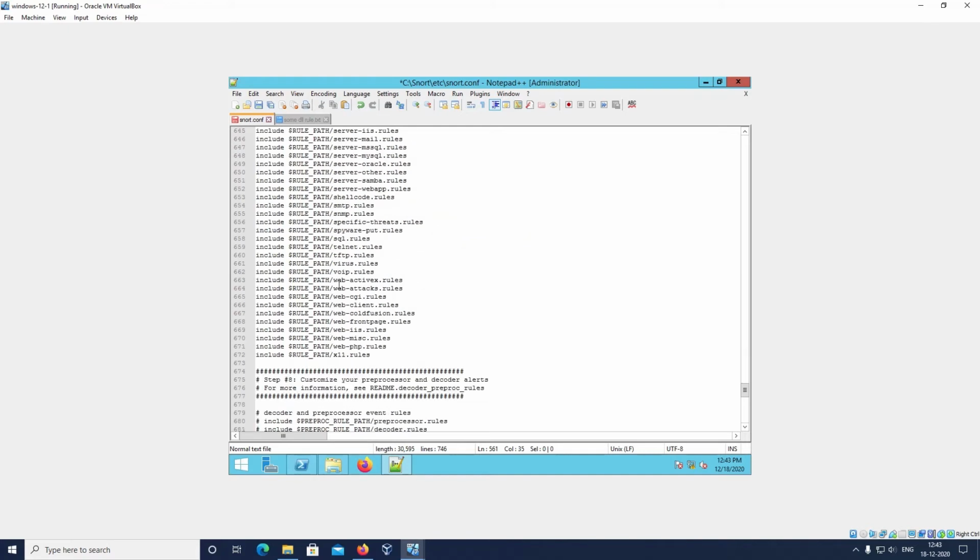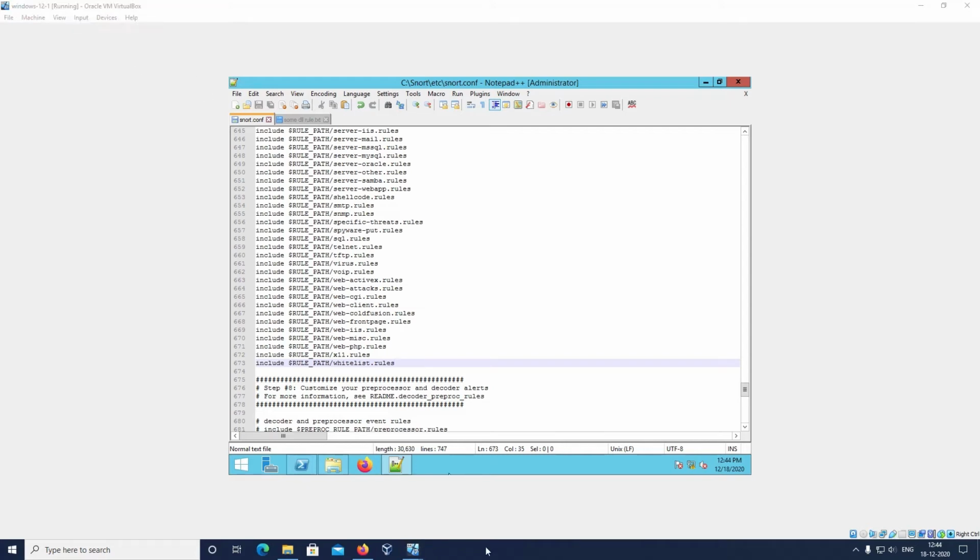Here we can't see any whitelist dot rules, so we will add that. We will include dollar rule underscore path slash whitelist dot rules. Okay, so we will save this.